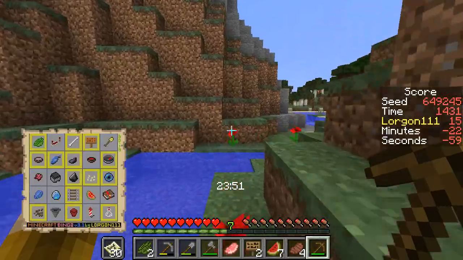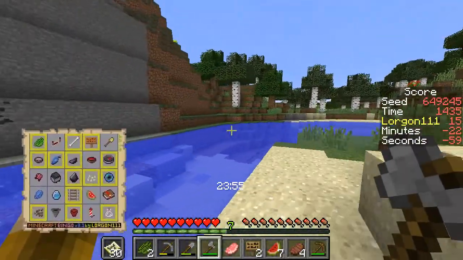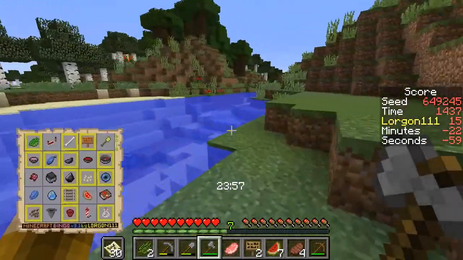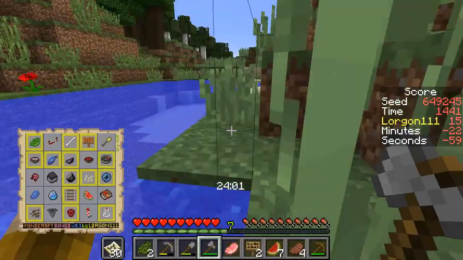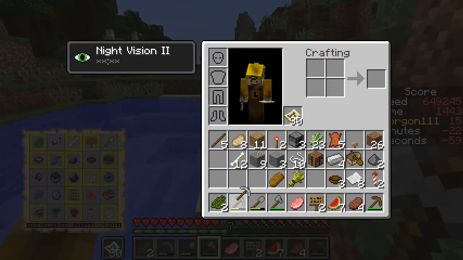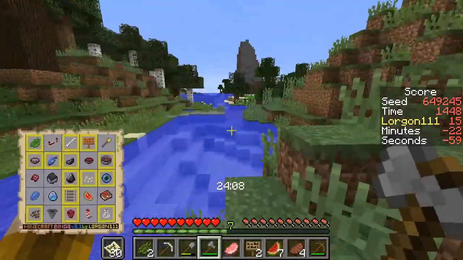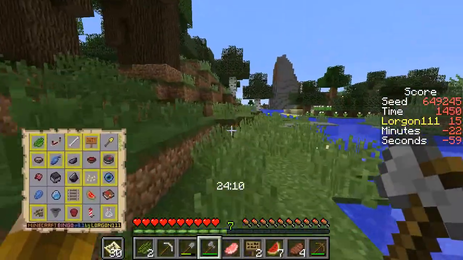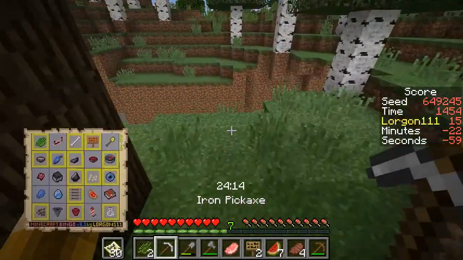with the beetroot seeds and the enchanted book being found in a dungeon. And I am going to prefer caves rather than simply digging. So let's see if I can find any cave entrance. Although if I happen to see a village while I'm looking for a cave entrance, obviously I will head down